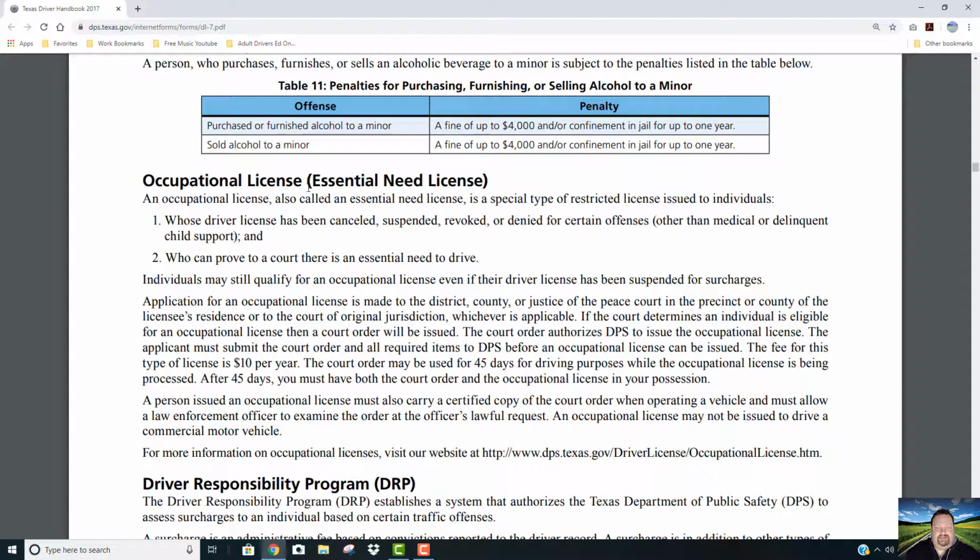An essential needs license. This is very important. You may find this on a test, so make sure you write this down in your notes. Occupational license, essential needs license. An occupational license, also called an essential needs license, is a special type of restricted license issued to individuals. Okay, so if you ever find yourself with a restricted license, you want to go ahead and motion to get